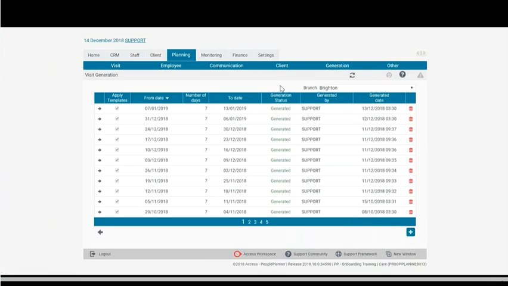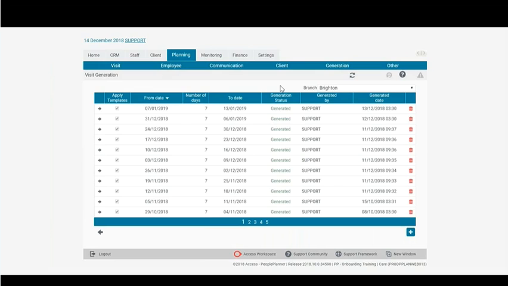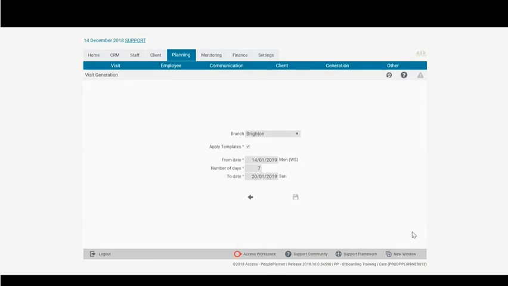So the idea behind the generation part of the system is that when you generate a week, it's going to pull through all of the availability of your employees that has been dictated in their employee records. And it's also going to bring through all of the visits that you've built up in the client's funder area, where you said what visits they will receive on a regular basis as part of their care plan. So you have to generate the week that you're going to be working on before you can work on that week. So what you have to do is use the plus button down here,